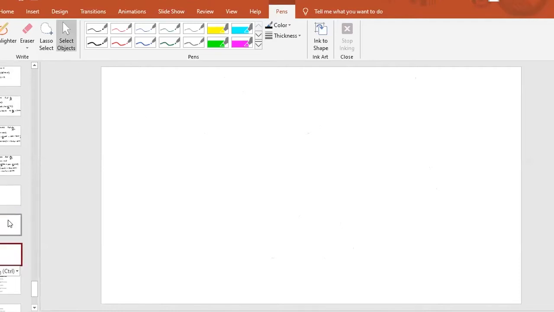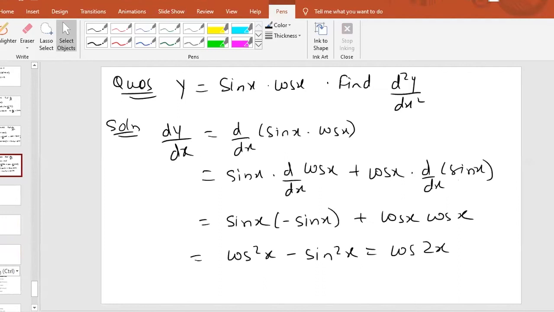The next concept is function of function of x. I'll give you one example here. With example, we have to understand this. So I will come back to this problem. Before doing d2y by dx square, we have to learn one more concept here.